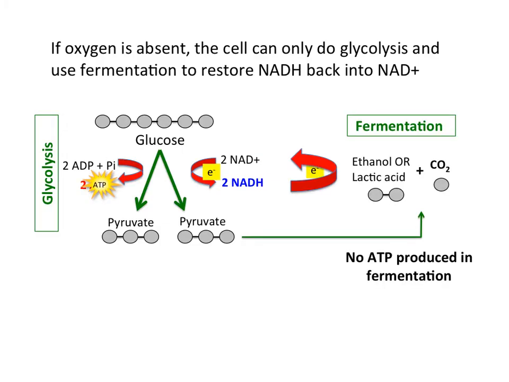have to do fermentation. And in fermentation, pyruvate is used as the electron acceptor for NADH. So NADH will give its electrons to pyruvate and become NAD plus again so that it can go back to glycolysis. And pyruvate in the process will turn into either lactic acid or ethanol, depending whether a plant or yeast will be ethanol, and if you are a human or animal, you will have lactic acid, and a CO2 molecule for each pyruvate. But notice that in this process, there is no ATP being produced. The only reason for running fermentation is so that glycolysis can continue and you get the two ATPs that you